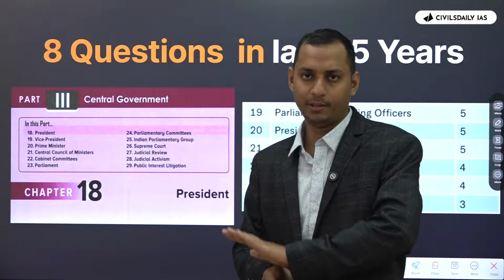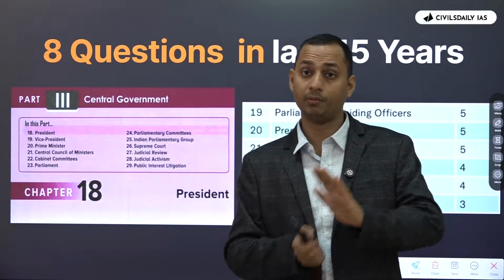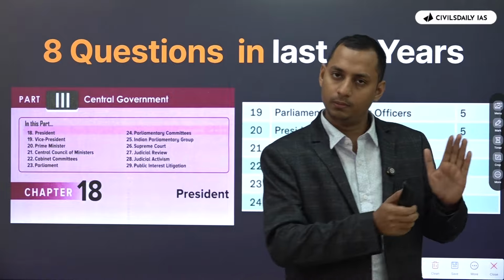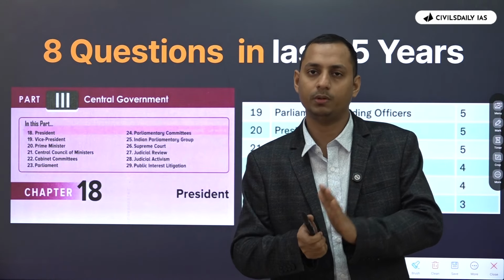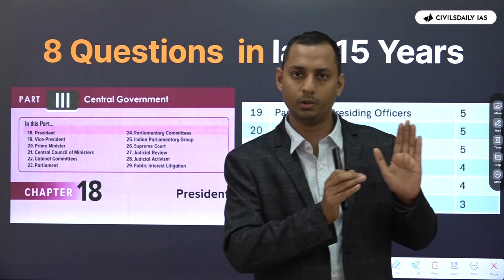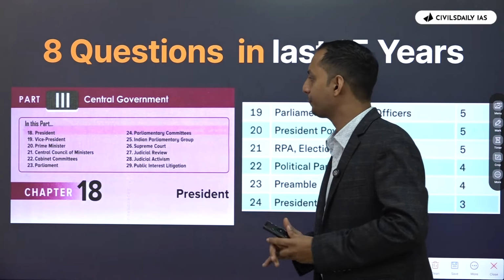Okay. But now when I am saying this, I'm going to be saying it in a chronological manner, but when you study, after Supreme Court, read High Court. After Parliament, read state legislature. You have to compare and study everything in polity. Okay. So after you read president, go for governor.